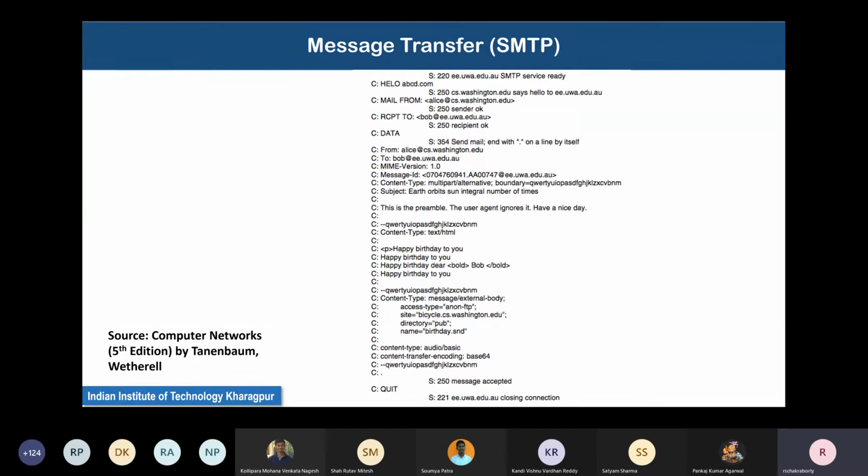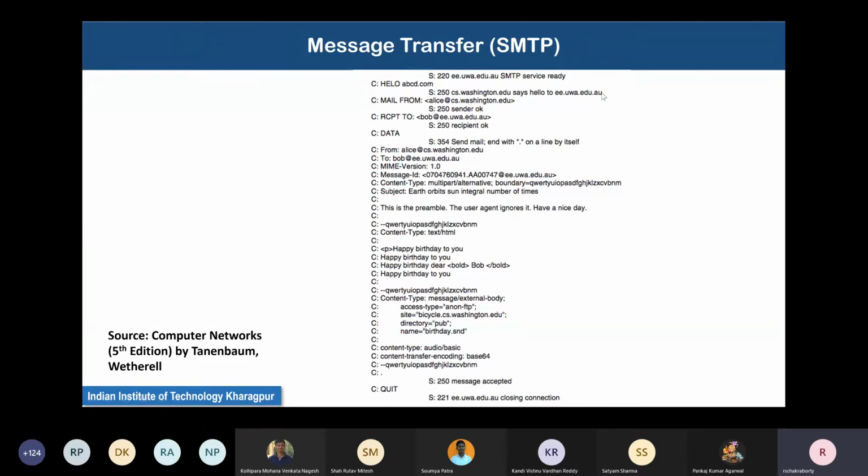Typically what happens is, TCP, instead of sending the first TCP acknowledgement and then forming another TCP segment corresponding to this application layer acknowledgement and again sending it, piggybacks the acknowledgement of the first one on the TCP segment that will be formed because of this string message: 250 cs.washington.edu says hello to e.uae.edu.au.